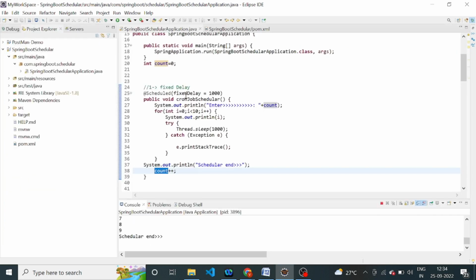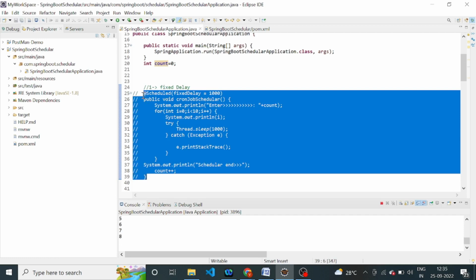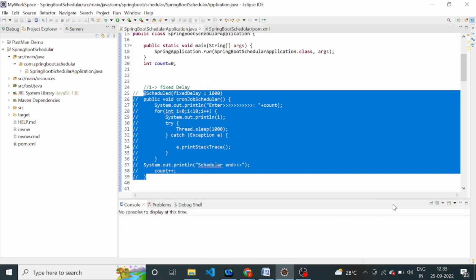So this is the example of the fixedDelay scheduler. It maintains a gap between the end time of the previous task and the start time of the next task. So without completion of the previous task, it would not start the next task. So this is the fixedDelay scheduler. So let's comment this and go to our next scheduler,